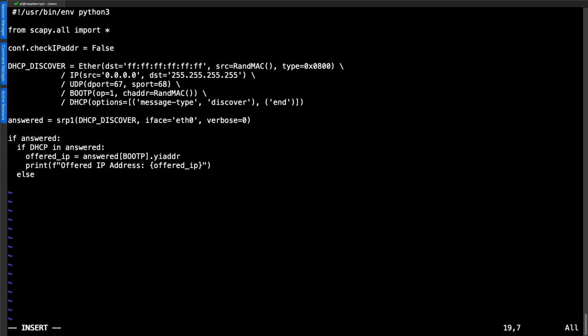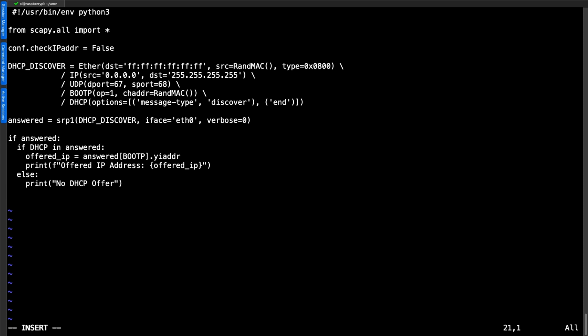Else, so if it doesn't, we can see that there was no IP address offered. So it's assuming we've got a response from the DHCP server, but there was no IP address in that. And now we come back to our else statement for the outer if.